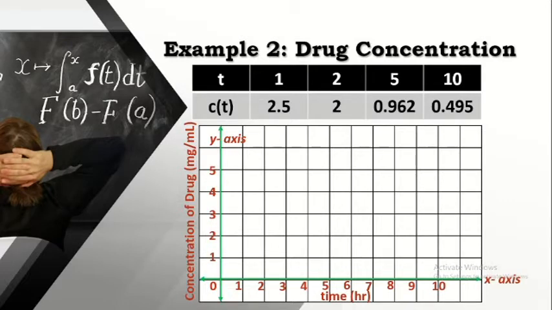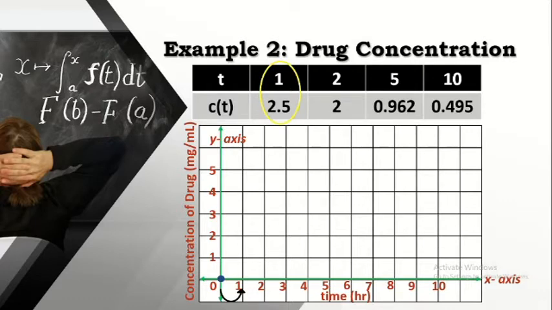And for the y-axis, let us also put 1, 2, 3, 4, 5, 6, and so on and so forth. So first, let us grab the point for T1 with a corresponding value of CT of 2.5. Because these are all positive numbers, this will be plotted on the first quadrant of the Cartesian plane. So all we have to do is count 1 to the right, because the coordinate of the ordered